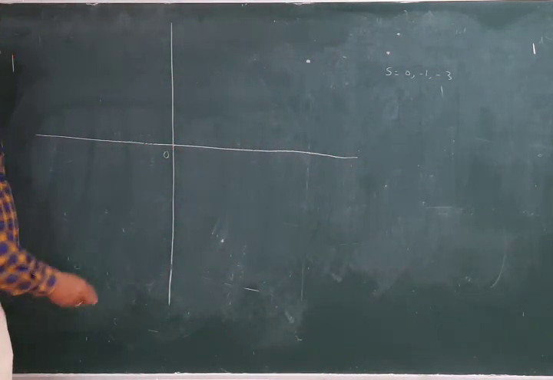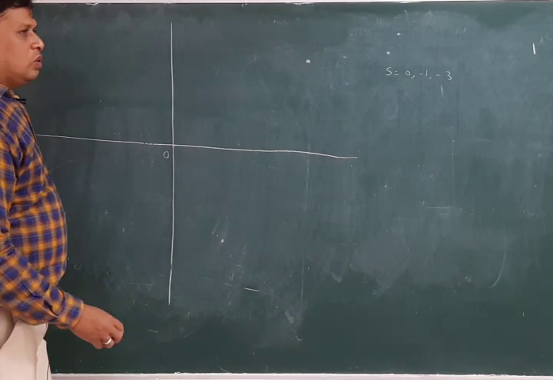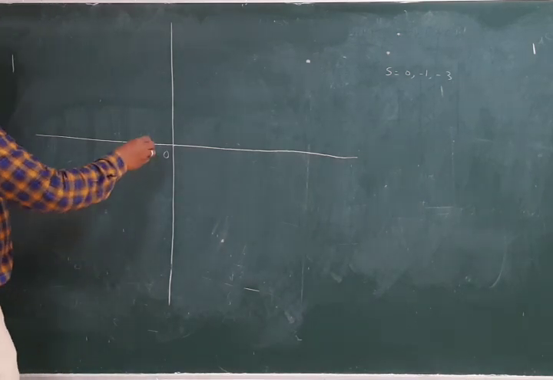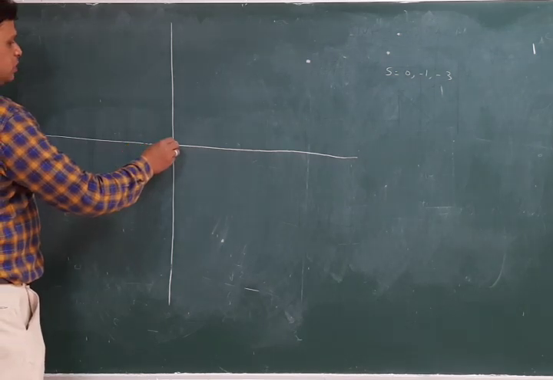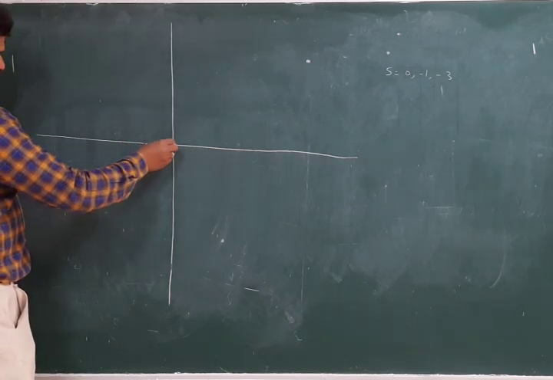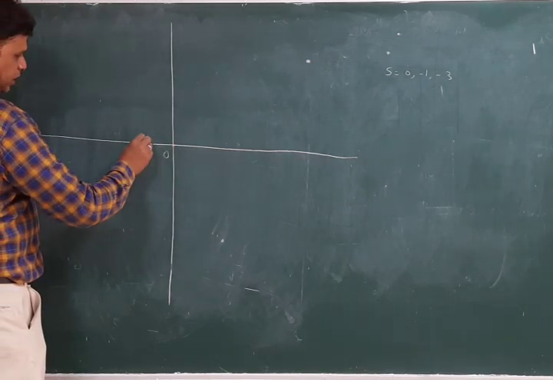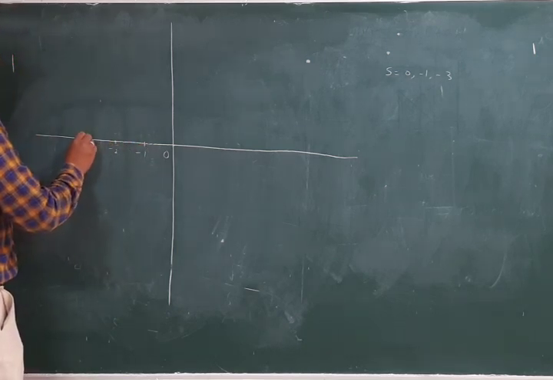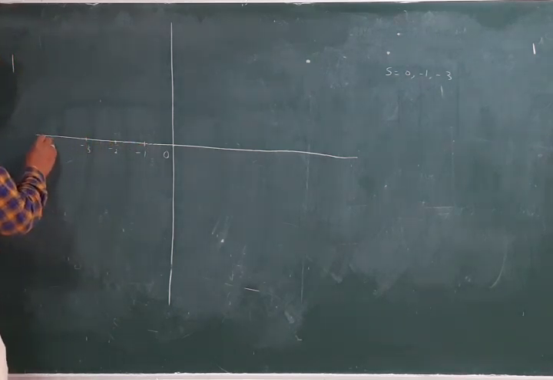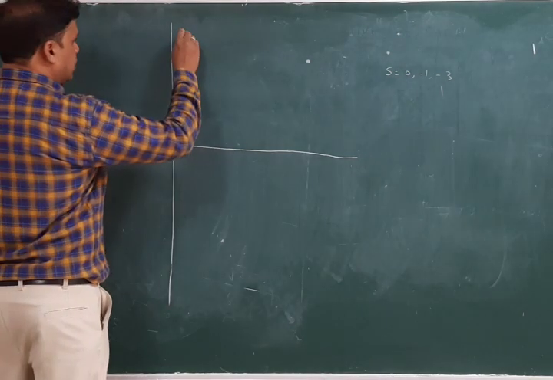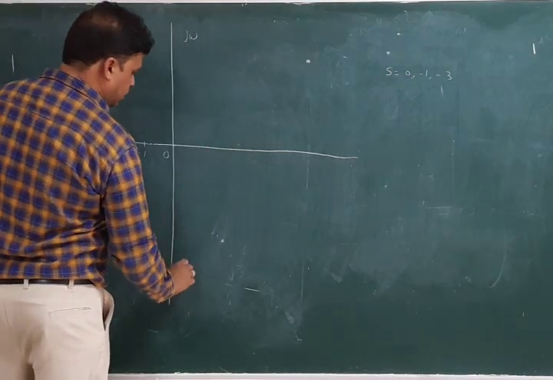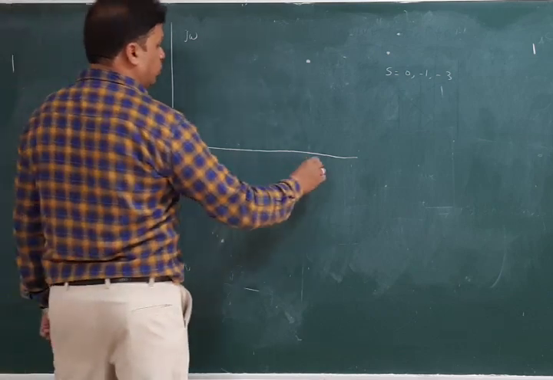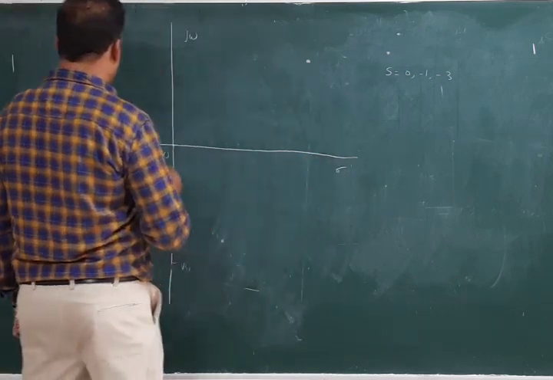The root locus has 3 branches now. So 3 poles are there, so we have 3 branches of root locus, and we will see how this will be. Here we see 0, this is minus 1, minus 2, minus 3, and so on up to minus infinity. This is called the imaginary axis, and this is the negative imaginary axis, and this is the positive real axis, and this is the negative real axis.